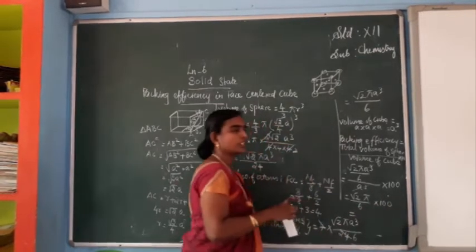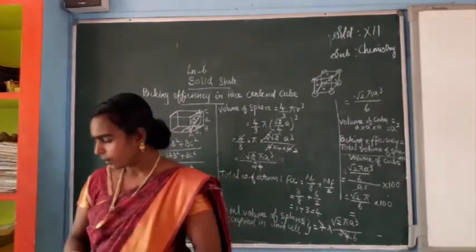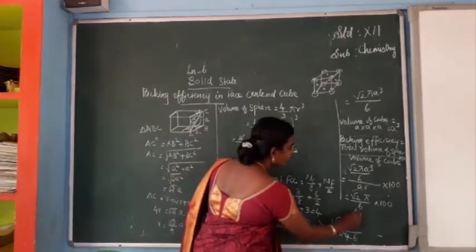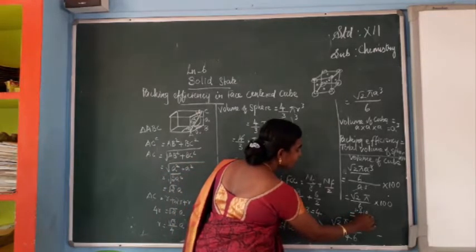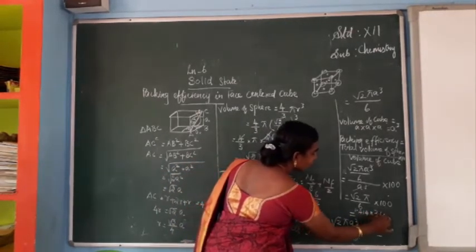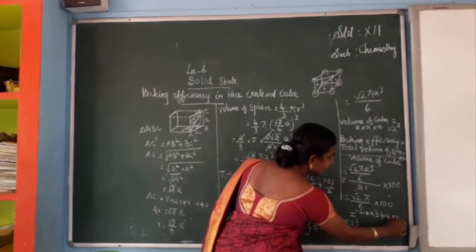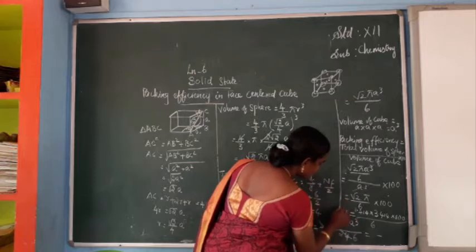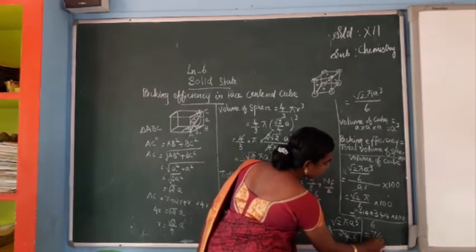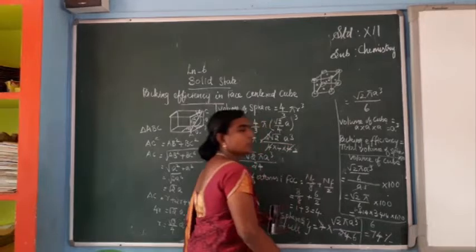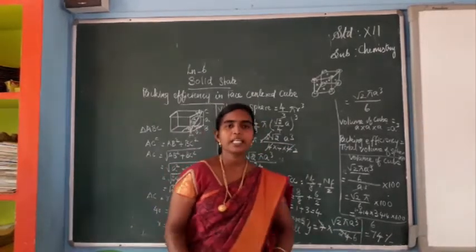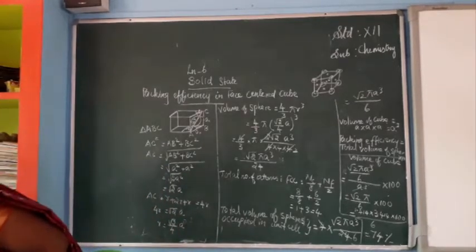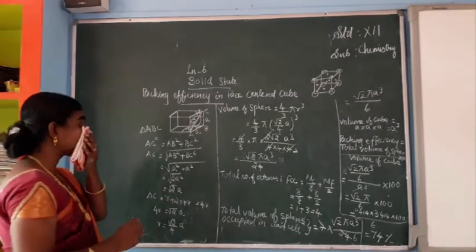So by substituting the values, root 2 is 1.414, pi value 3.14, into 100 divided by 6 is equal to 74%. Okay. So the packing efficiency in the face-centered cubic arrangement is 74%. Okay. Once again,